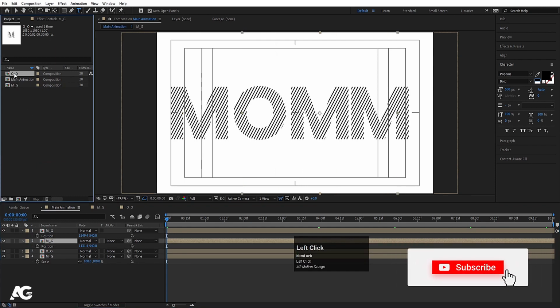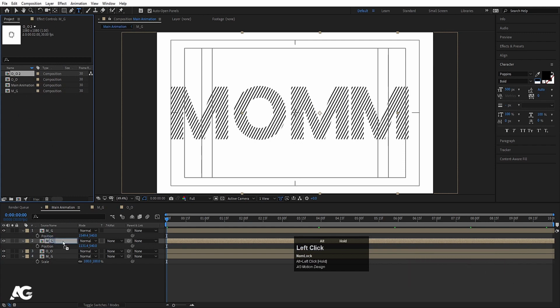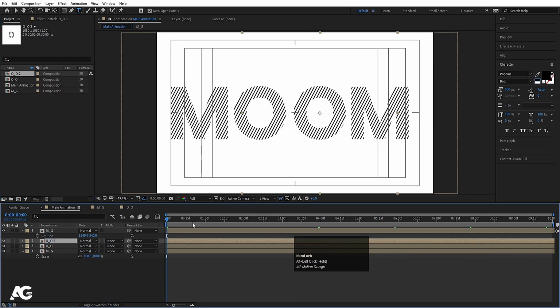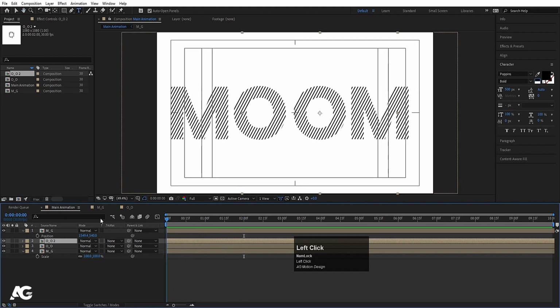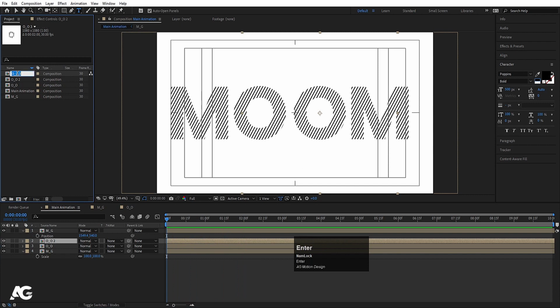Let's select this OO. I'll hit Ctrl D to duplicate it. Select the second one, by holding Alt, I'll replace it with that like this. So if you see, we are getting this kind of stuff. Select this OO2 and hit Ctrl D, hit enter, and let's call it as